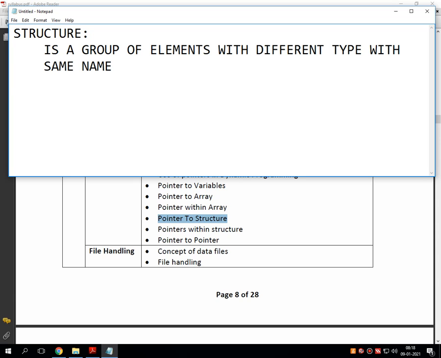That is called a structure. Again, I am repeating my definition. Structure is a group of elements with different type with the same name, and pointer always